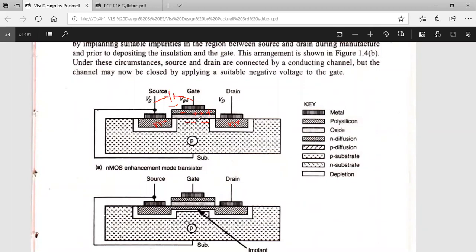Next, the third one: you can see here, I further increased my input voltage. That means the threshold voltage has been reached. My input voltage is now above the threshold voltage. So now you can see here, this n plus means we will be having more electrons, right? The electrons which are present in the source start moving towards the drain. Okay, do you get it now?